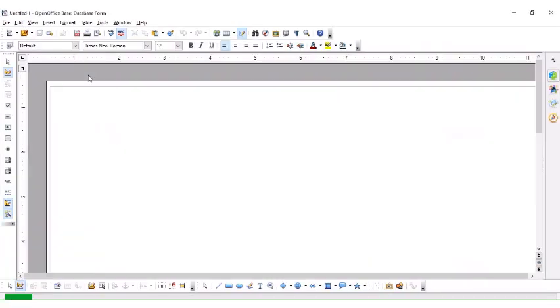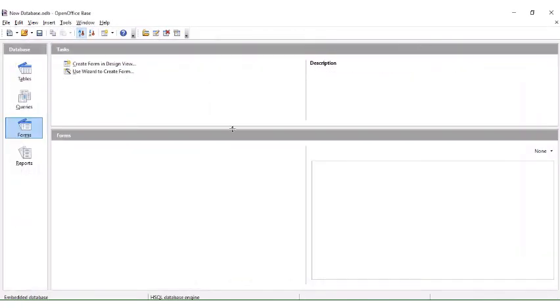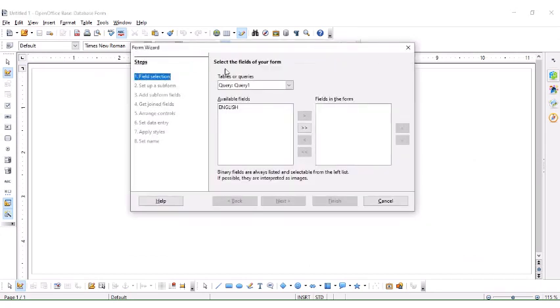All right, now next we have to learn forms. For that you have to select here Form, use wizard to create form, and in that you have to select your table. So very first I have to select my table. Look here, it is showing my query, so please don't select that because it doesn't have any data. Right now we only have data in Table 1.